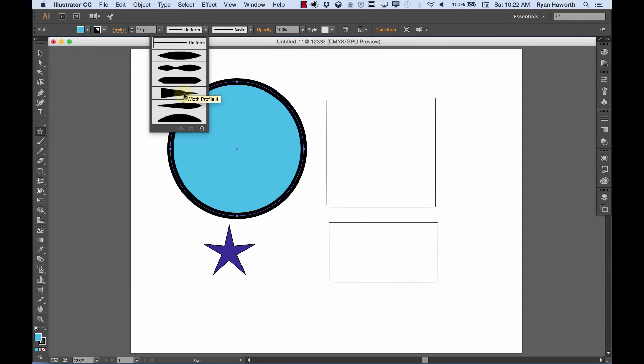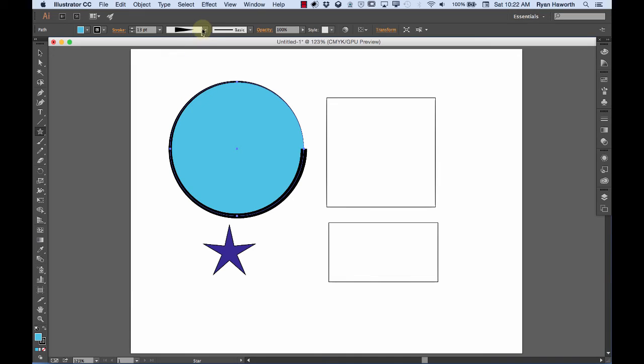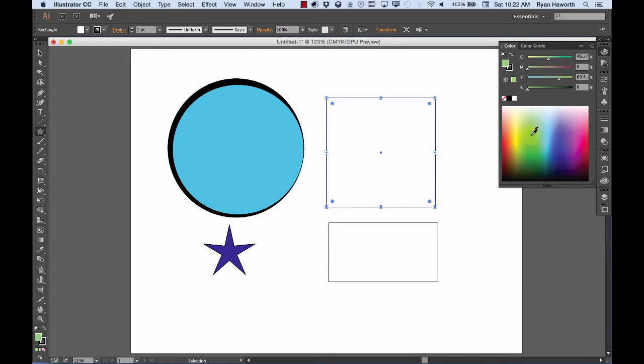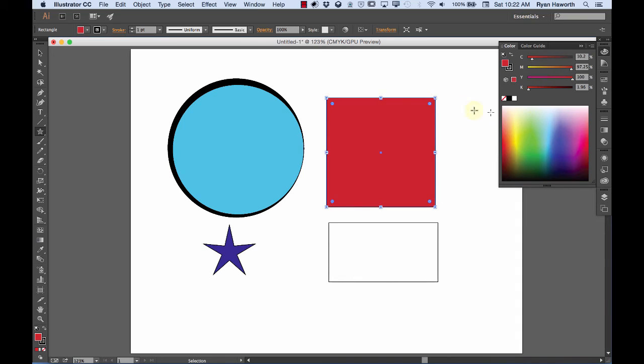Here's what it looks like in a circle, and you can choose whatever suits your needs. I've discussed these already, so I'm not going to go into detail. I just want to choose and have a couple of different color options to choose from